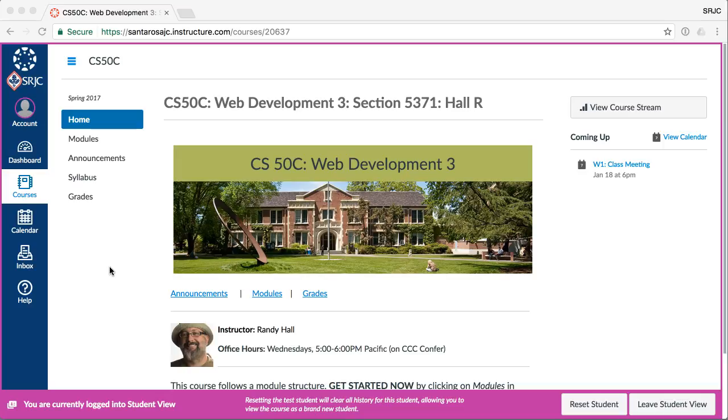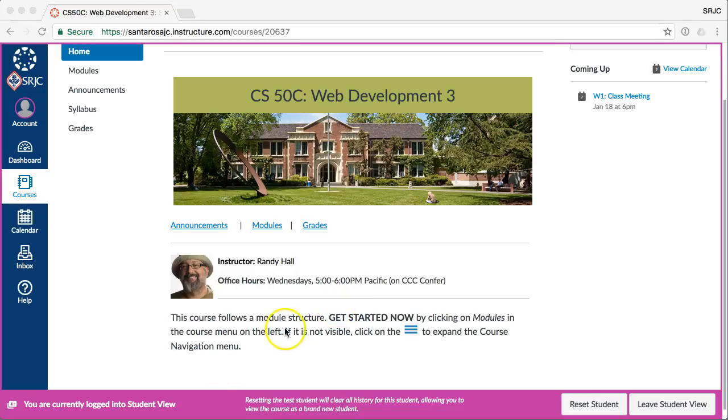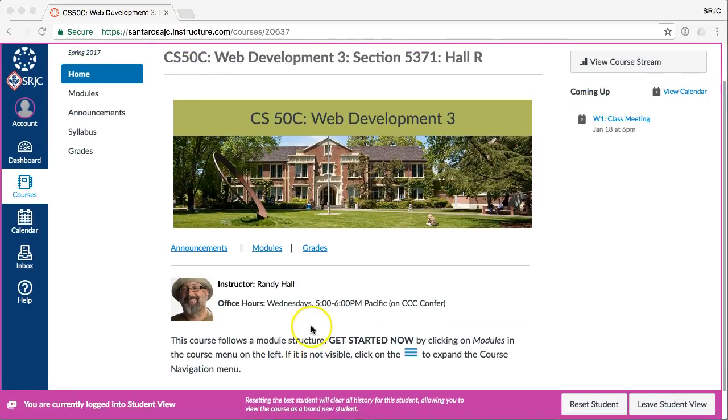So let's get started. You'll notice that the homepage I keep is relatively lightweight. I don't have a whole lot of content on it. The idea is for you to spend most of your time in modules and announcements and grades. So those are the three links that you'll find on the main page. Let's talk first about